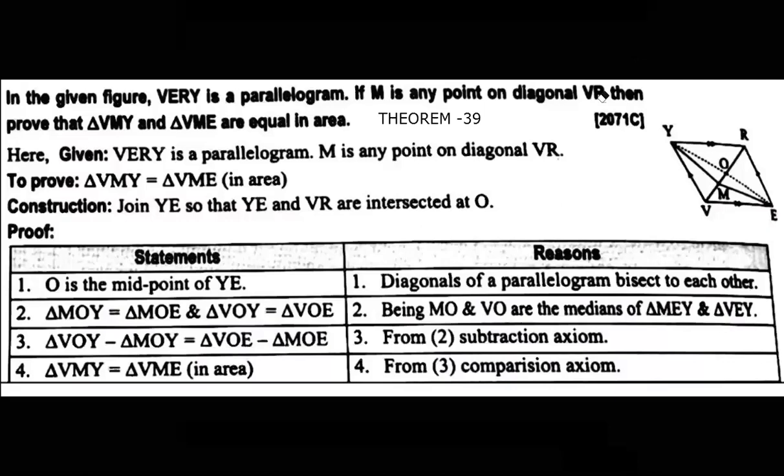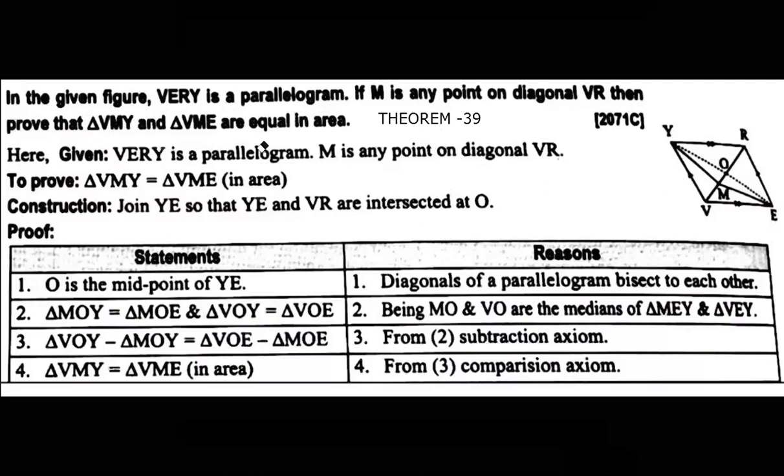Okay, then let's go to theorem number 39. In the given figure, BERY is a parallelogram, and M is the midpoint on the diagonal VR. Prove that